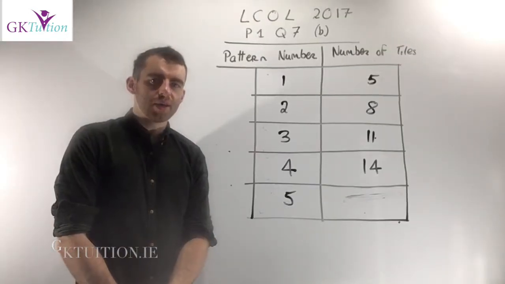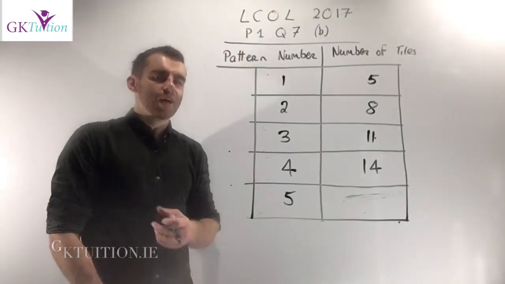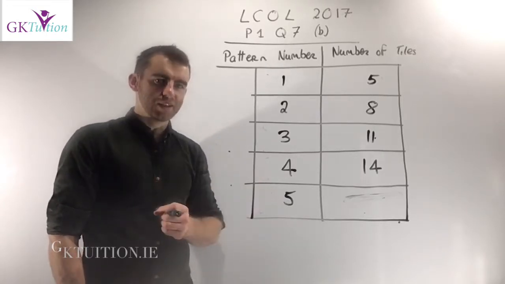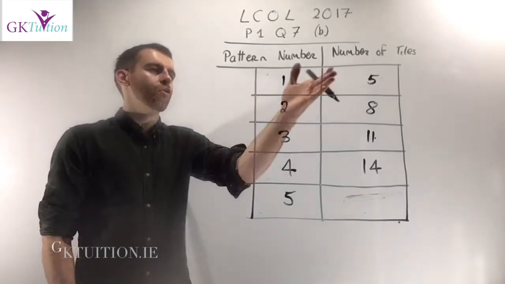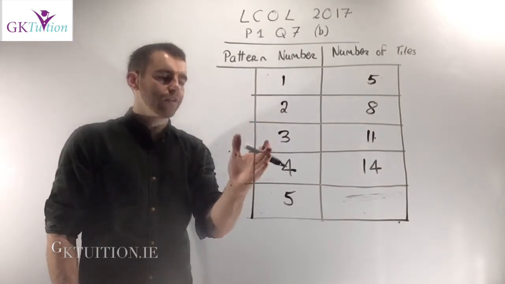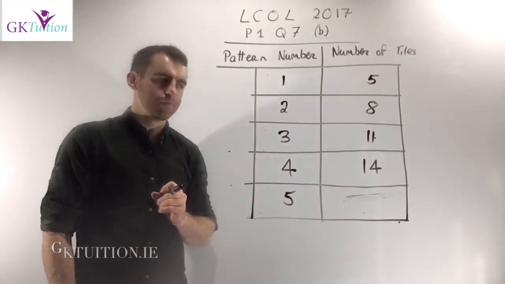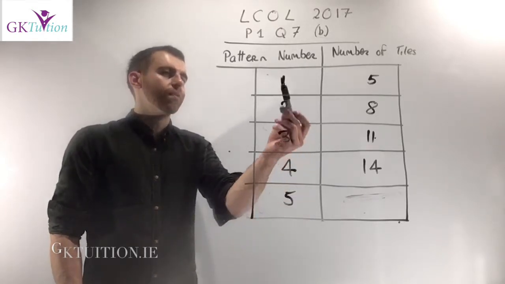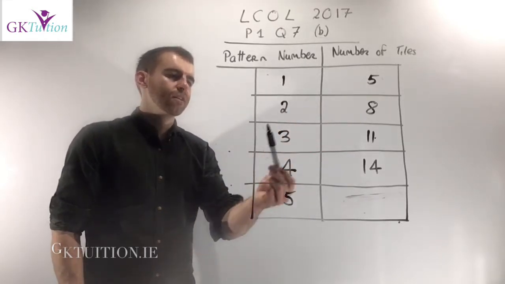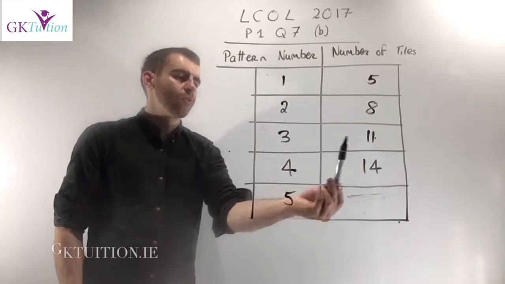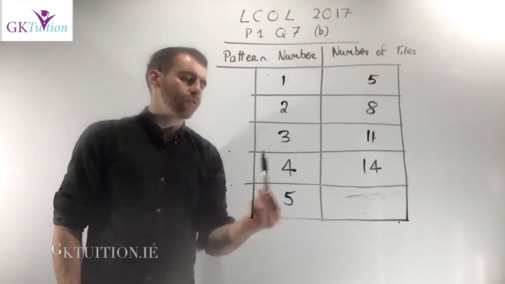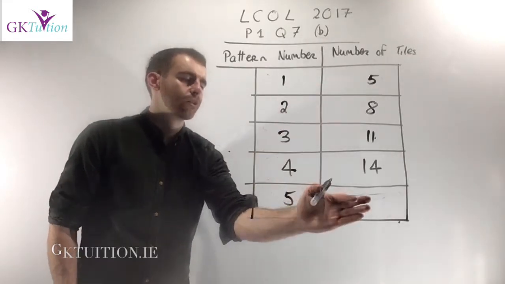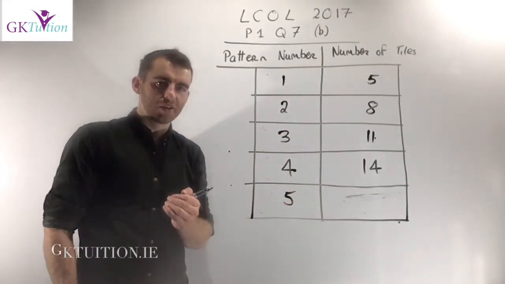Okay, so part B gives you a table, and it says based on the pattern shown, they want you to fill in the table. They want you to fill in the number of tiles in the first, second, third, fourth, and fifth pattern. You already have the first 4 patterns drawn out, so you can tell that the first pattern has 5 tiles. The second pattern is 8 tiles, the third one has 11 tiles, the fourth one has 14 tiles, and we need to deduce what the pattern is